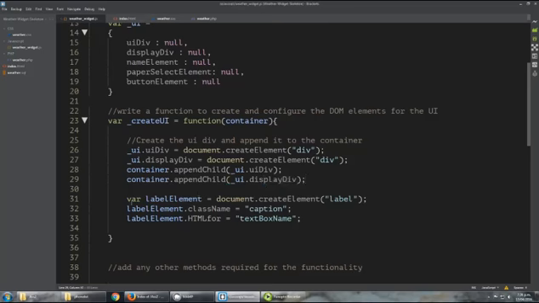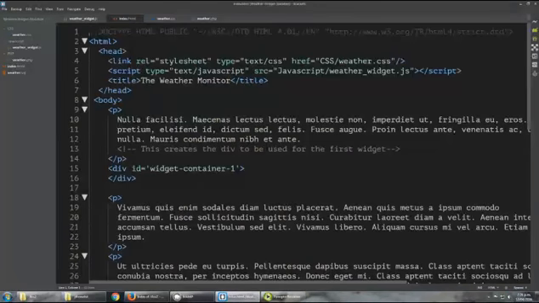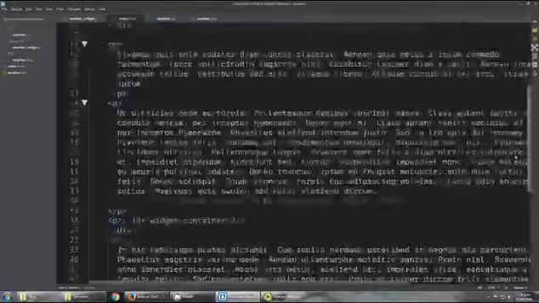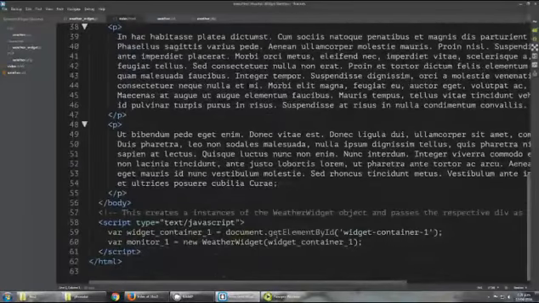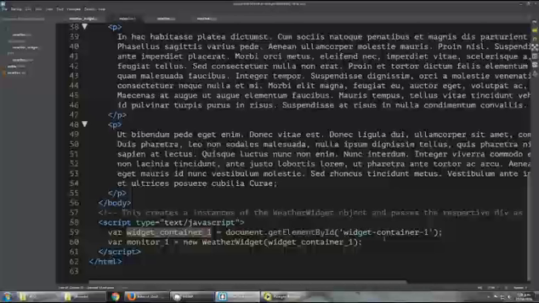Okay, so actually before we do this stuff, let me just comment that out for now. We should be able to test that and see if it works. So what's going to happen if I just go to the HTML page, you'll see that there's a div to put our widget into called widget-container-1, and then if we scroll down the bottom, there's a little bit of JavaScript